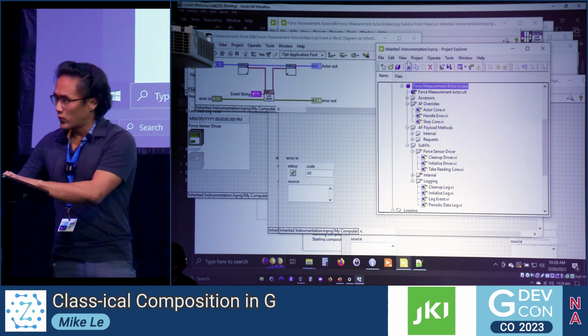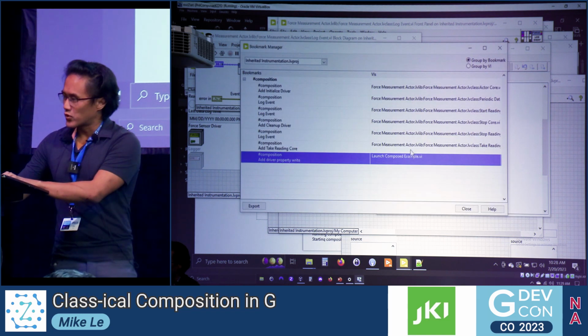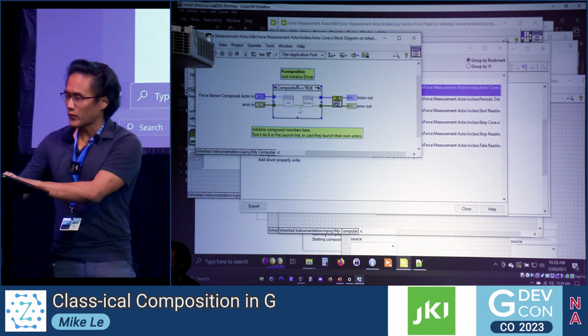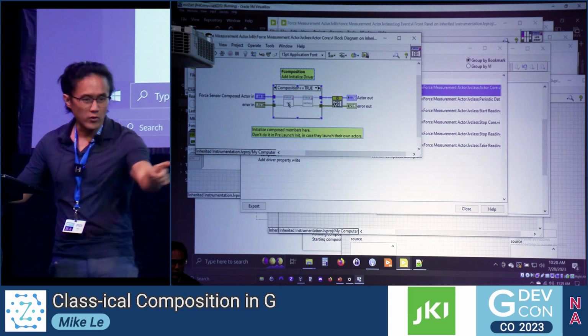I went ahead, so there are these bookmarks here showing all the places I need to add the stuff. You can see, oh, go ahead. I just had a question about how you're doing the composition. My natural instinct, instead of including some of those things as a class, would have been to just include them as an actor in the actor. I don't know if my instincts were wrong, but I was curious what your thoughts on that were.